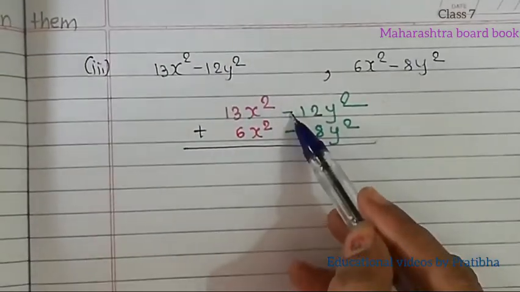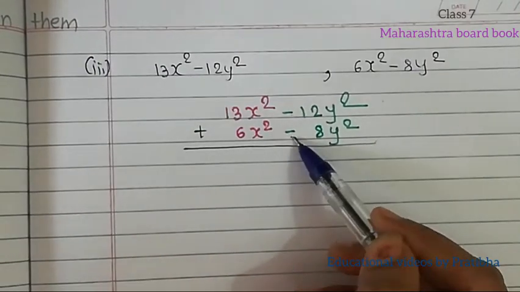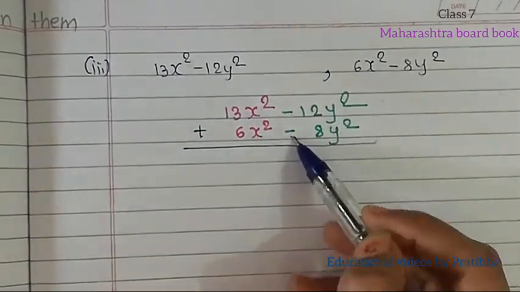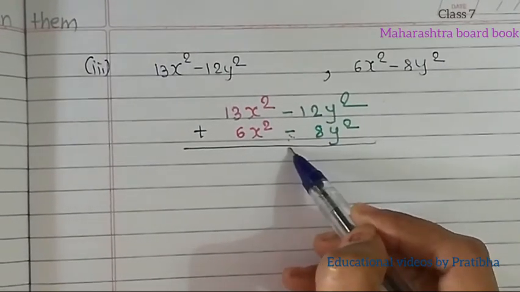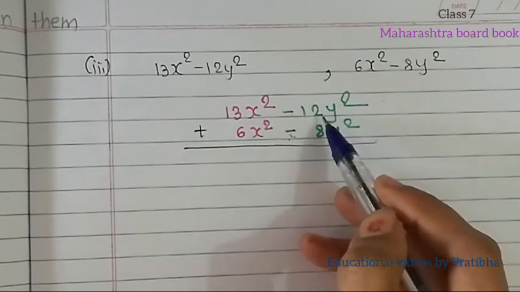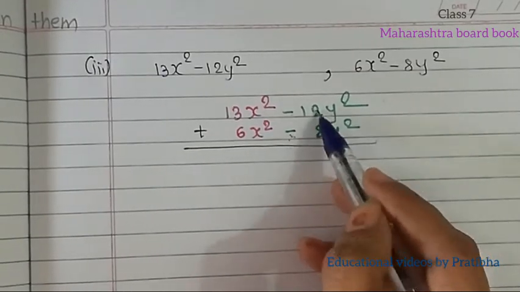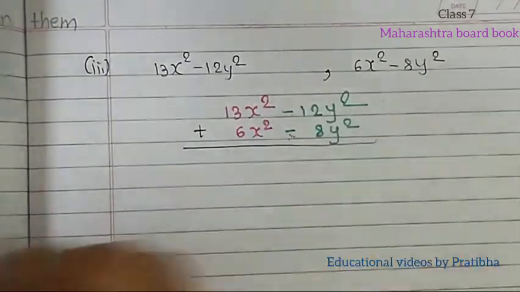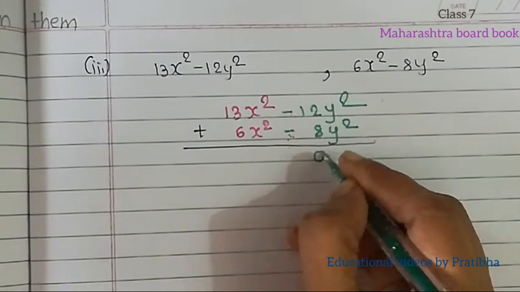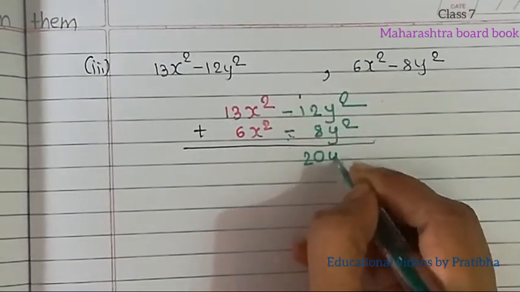Now since here minus sign is there, some students get confused that minus sign is there, so we have to do subtraction. No, minus same signs are there, alike signs are there, so we have to do addition. So we have to do 12 plus 8. So we will do unit place first. We will add unit place first. 8 plus 2, 8, 9, 10. So I am going to write 0, carry over 1, 1 plus 1, 2, y square as it is.